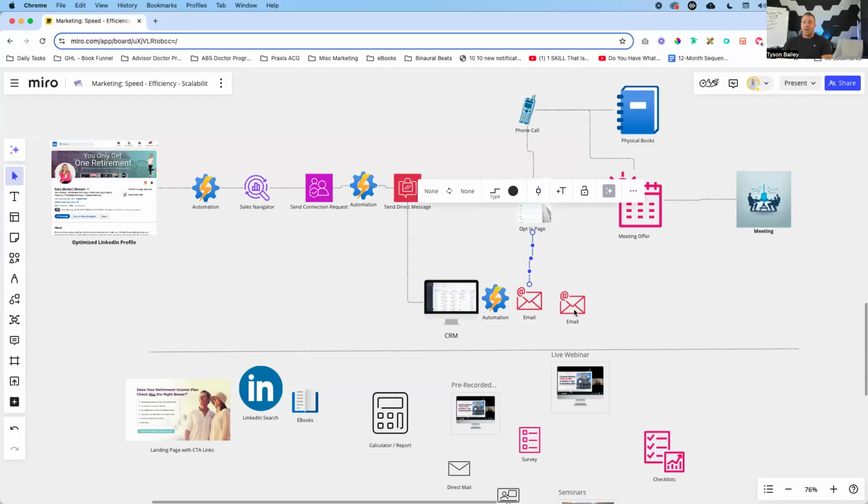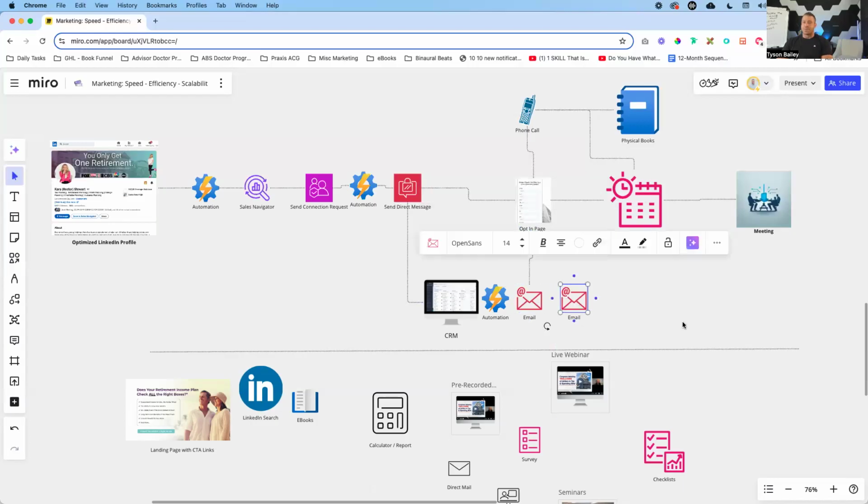Now, from there, what I would say is on that first message, one of the things that's worked best for us is that first email that goes out, we say, hey, first name, I don't know if you saw this on LinkedIn, but I sent you a message. I'm offering this complimentary book. It'll show you how to do X, Y, and Z. You can learn more about it here, okay?